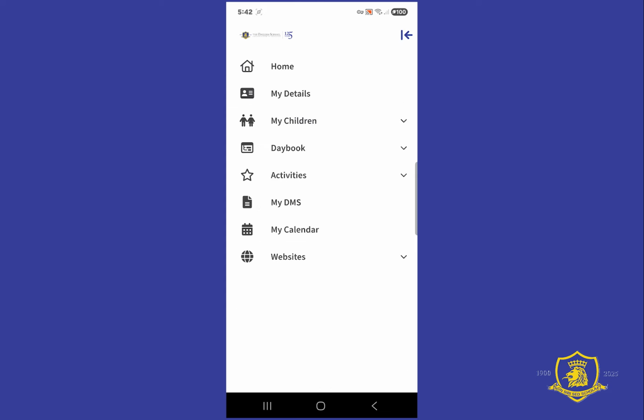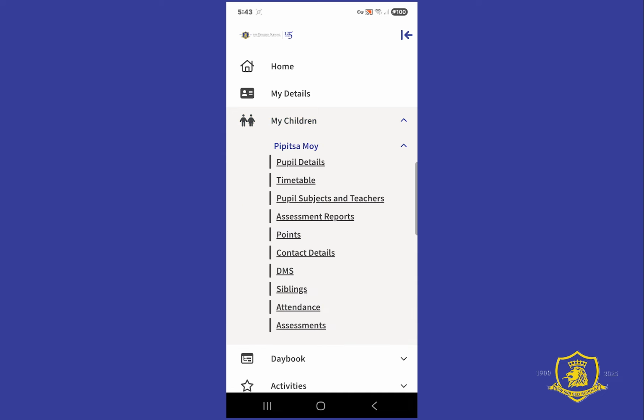The next we're going to explore my children. If you have more than one child at the school, they should be listed here underneath. If they are not, please communicate with us and we'll have a look and make sure that this is the case. Opening your child, you see different things that you can explore. The pupil details, if I click on that,